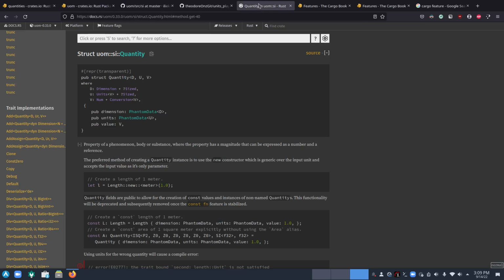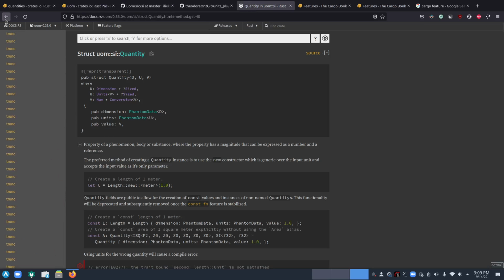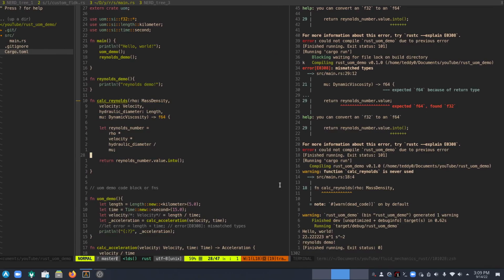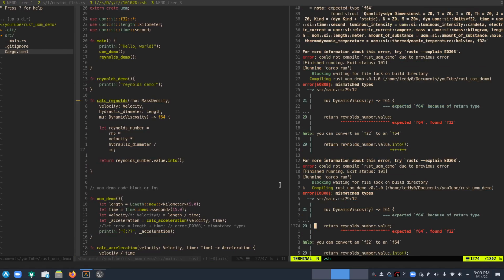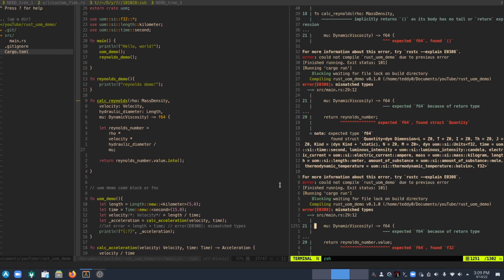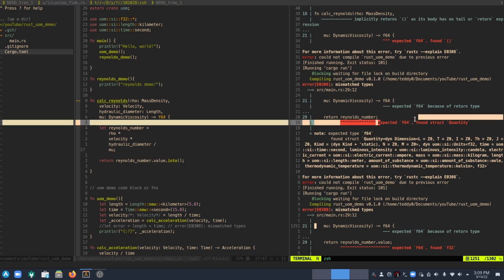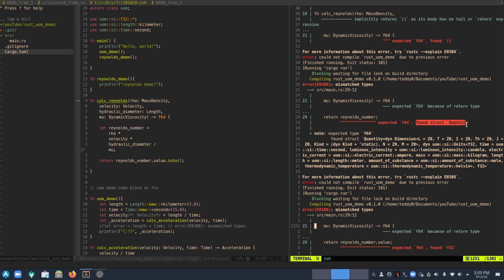I found earlier in the error messages from the Rust compiler that it says Reynolds number, expected float 64, found struct quantity. So you know that this Reynolds number is not a double per se, not F64, it's a struct or a class, so to speak. This struct over here